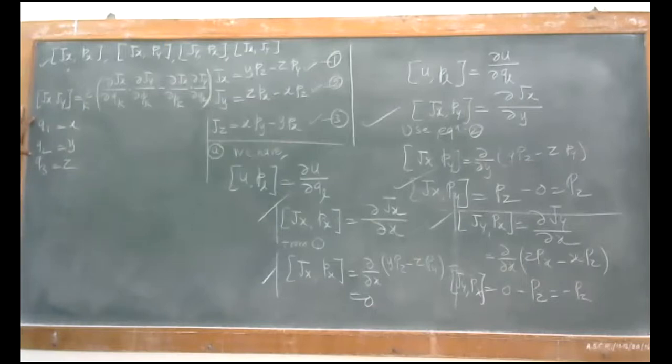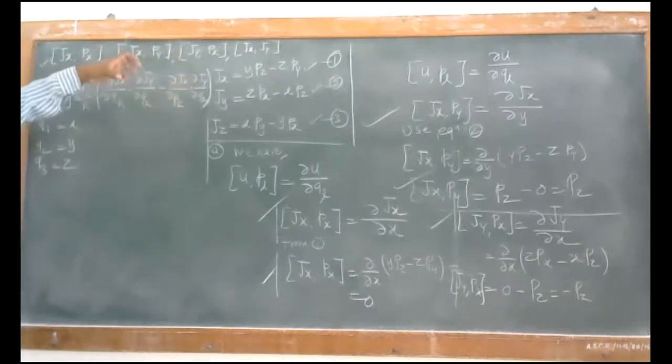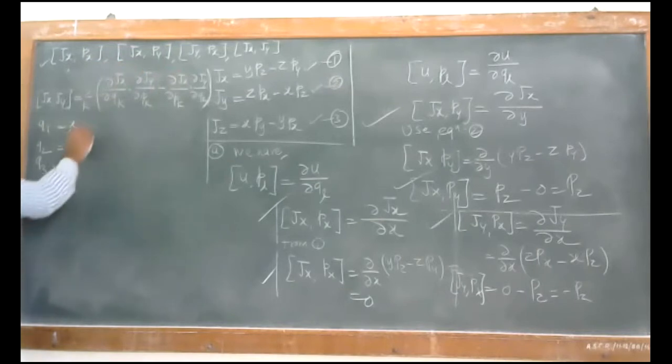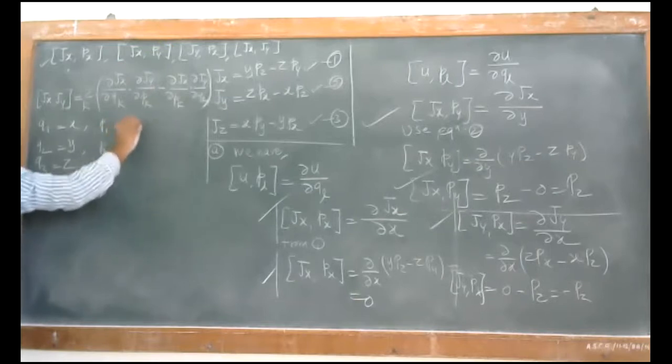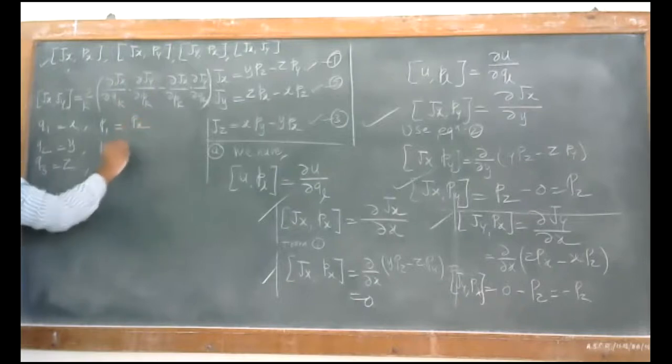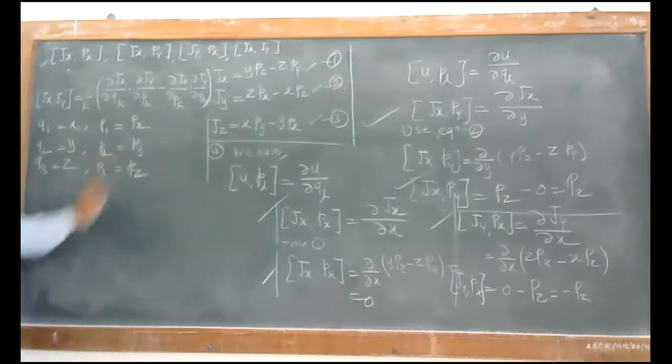So three things here. First this ∂Jx/∂x, second this with respect to y, and then third with respect to z. So how many terms will we get? We'll get three brackets, with respect to x, with respect to y, and with respect to z. So we can have these conditions. What about the other things? The other things is nothing but the momentum. We'll have the momentum along these three coordinates: along x that is given as px, along y that is given as py, and along z that is given as pz. So we get three variables.